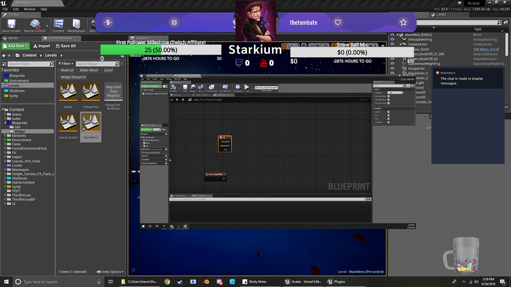How do I want to do this? Because of the way this has to work, I have to work between both of these. It would be nice if I could just do this in one blueprint, but I can't. I have to interact between them. It's a little dumb. So I'm going to call this integer, this integer is what's going to be